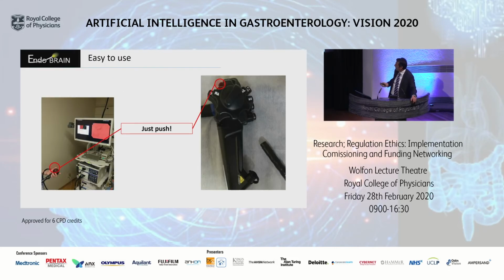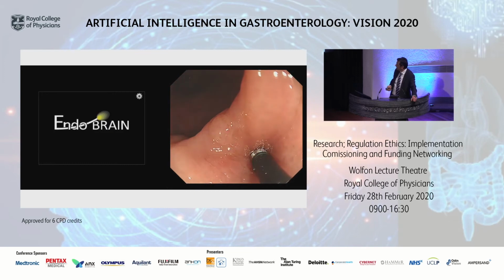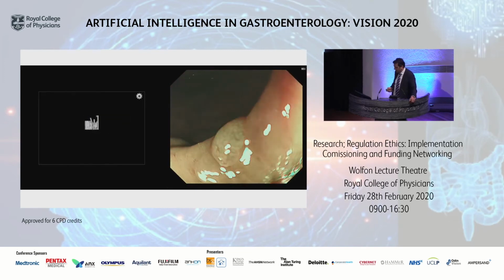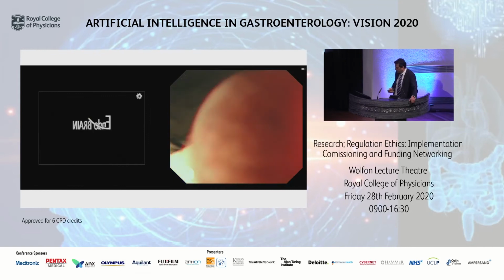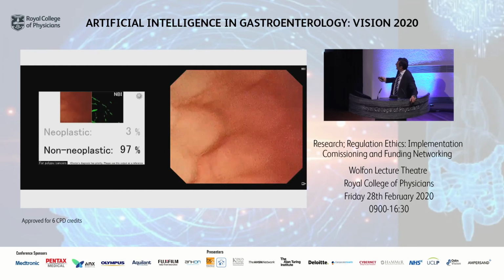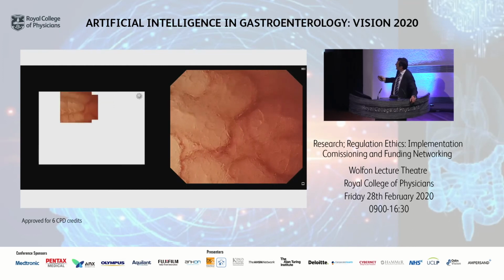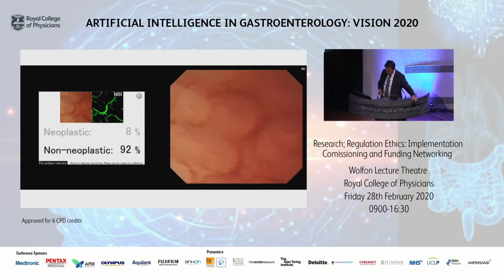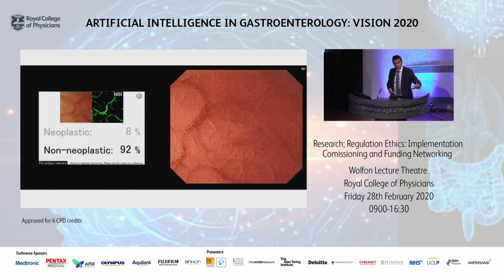You just put your scope, as I was saying, and push the lever onto the polyp itself. So here we are. Here's a diminutive polyp in the colon, and here's the MBI mode. All you do is use the contact endomicroscope and zoom up, and you can see quite clear vessels, very clear vessels here. And then within 0.2 seconds, it would give you the diagnosis whether this is likely to be non-neoplastic